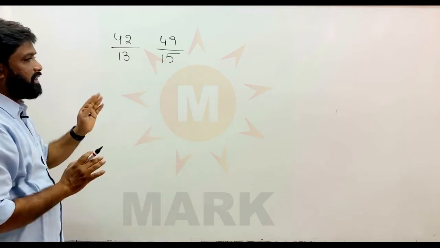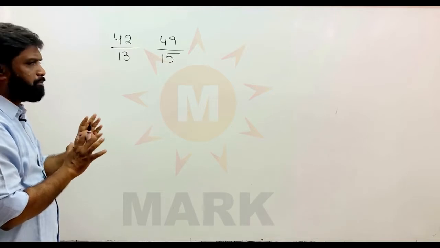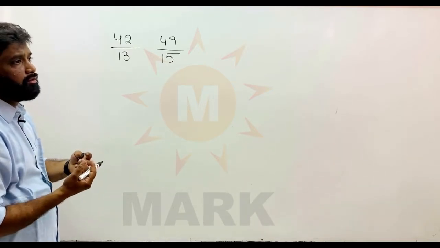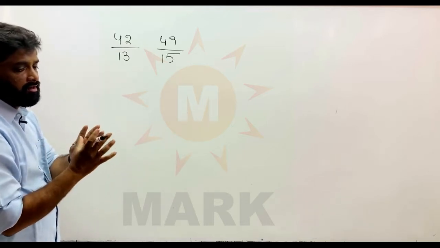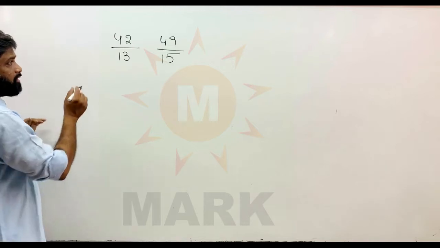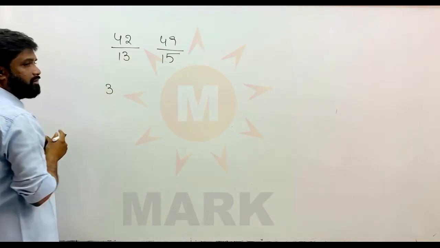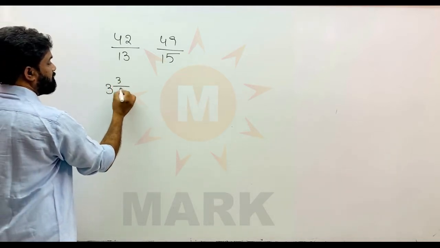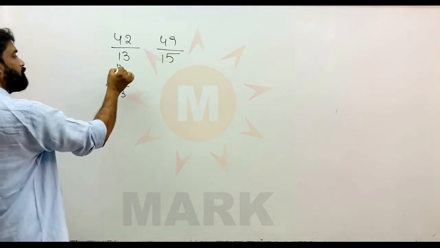First of all, they are improper fractions. So roughly I can guess that they are coming around 3 point something, right? For that purpose, first I will convert into mixed fractions so that I can know the whole integral part and the fraction part. Okay. So 42 by 13. 13 definitely will go 3 times. Quotient is 3. 39. Then 3 is the remainder, 3 by 13. This is the mixed fraction form of 42 by 13.